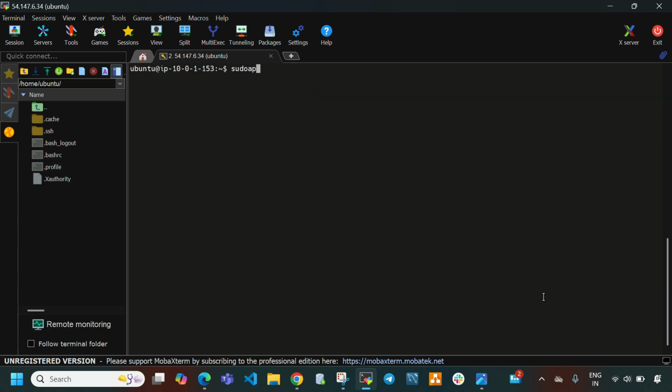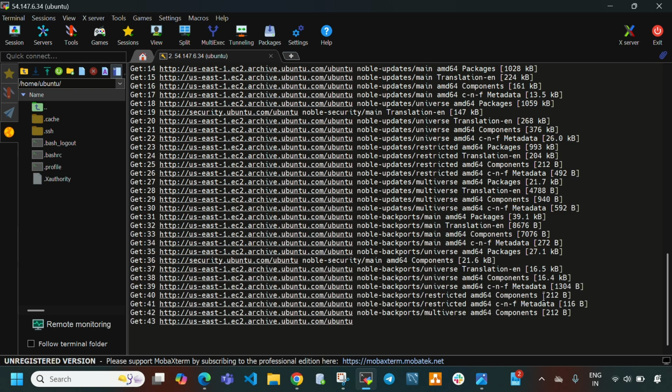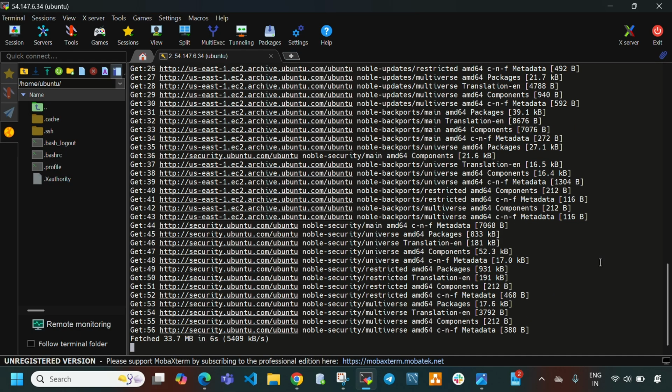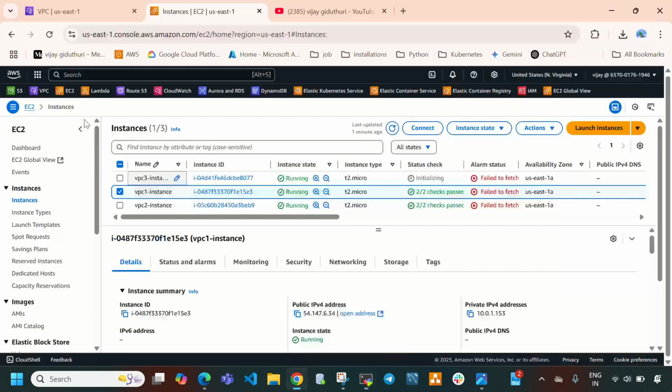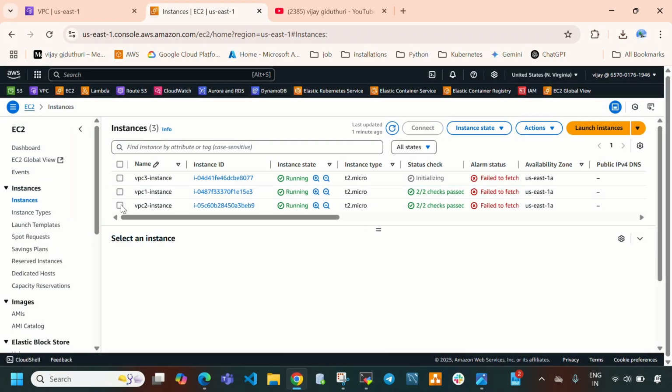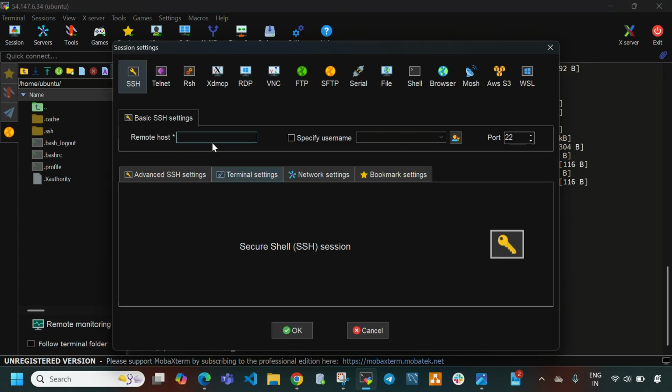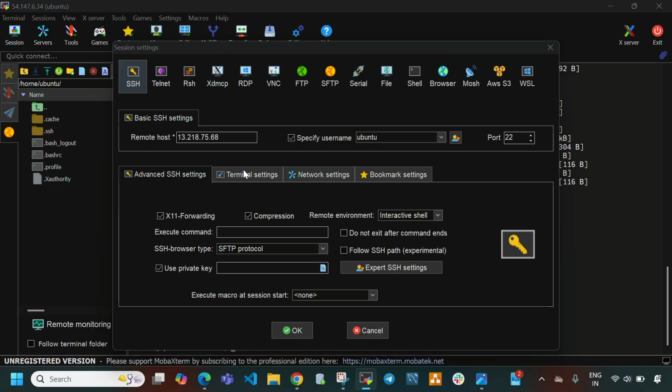Sudo apt update -y. So let's update this virtual machine. Meanwhile, let me copy instance 2 public IP address, and let me connect using MobaXterm session SSH, and here provide public IP address of your EC2 instance, that means second instance, and here select name as Ubuntu, and here provide private key of your virtual machine.